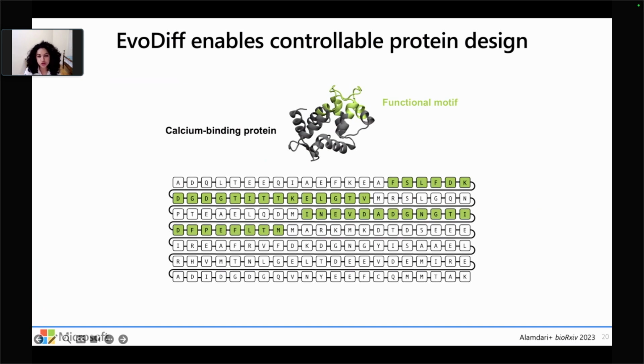And so in this visualization, we can see that come to life in this context of functional motif scaffolding. Here we've taken a protein, which is calmodulin, a calcium binding protein. And in green, we've annotated the motif, the part that's responsible for that calcium binding function.